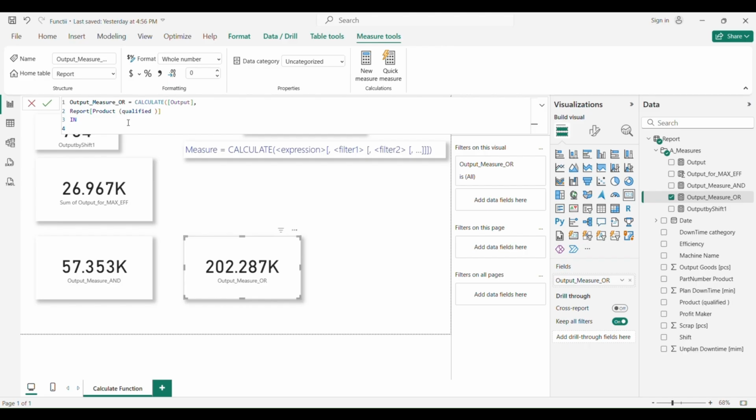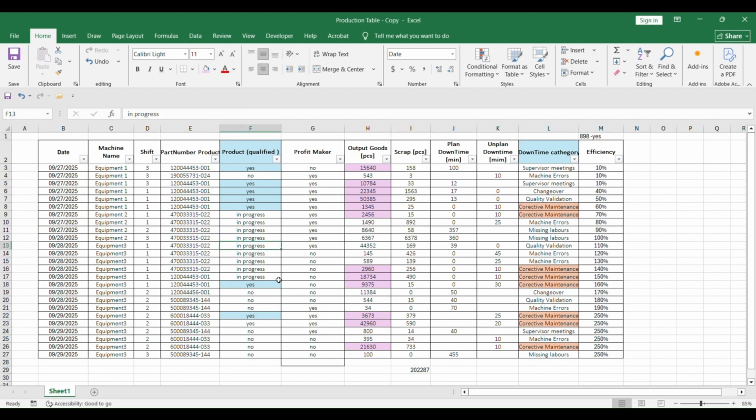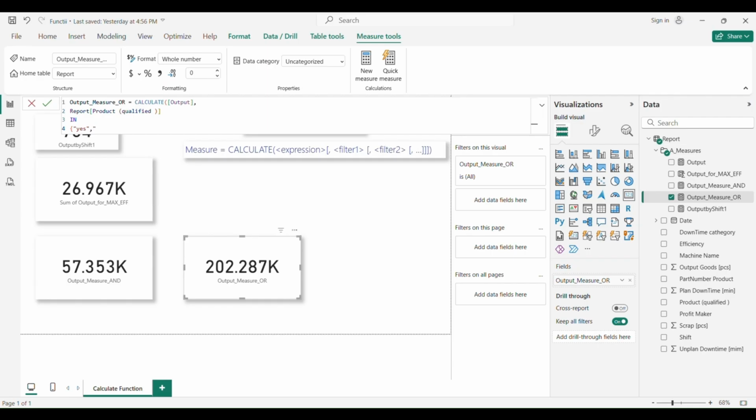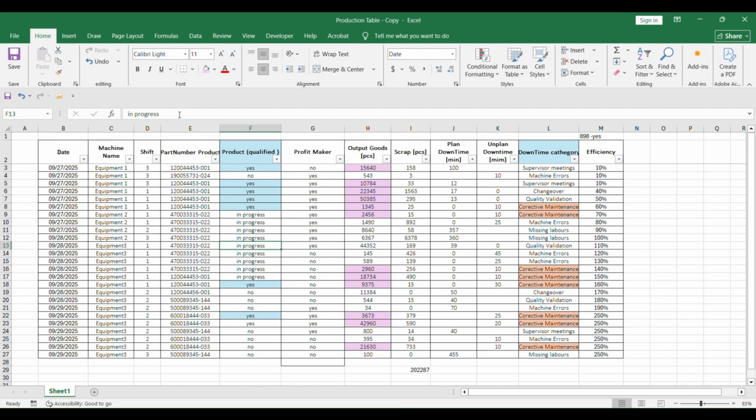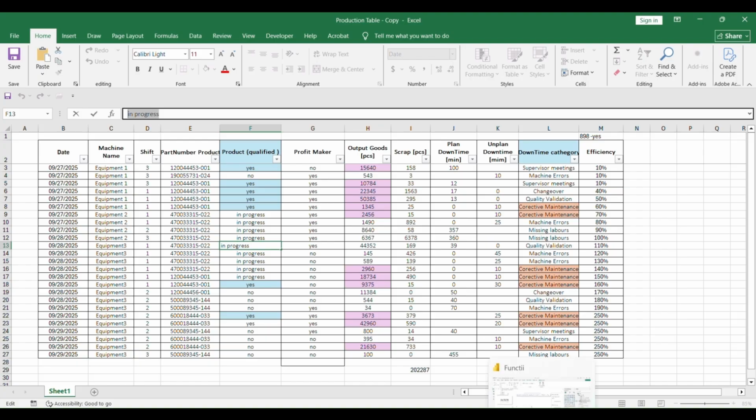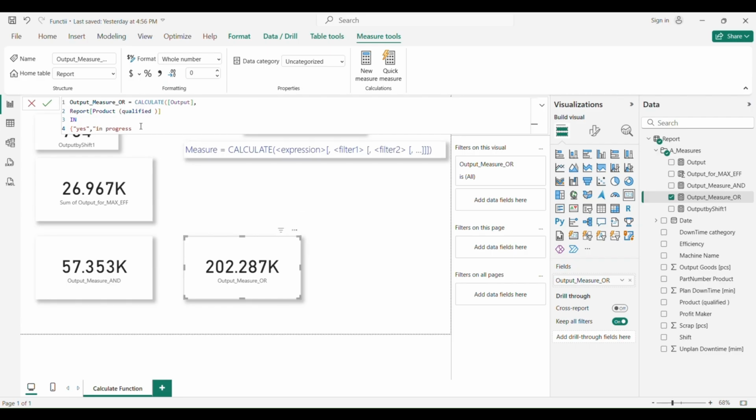So for example, we open curly brackets like this, add quotes, and say I want to filter my product qualified for yes, and comma, and I also want to filter it by in progress. So just copy this. Close parenthesis, hit enter.